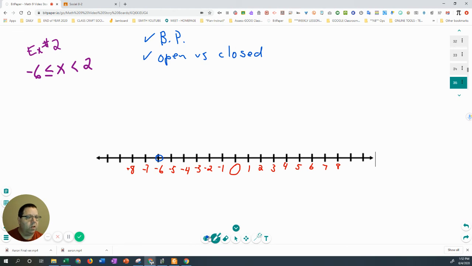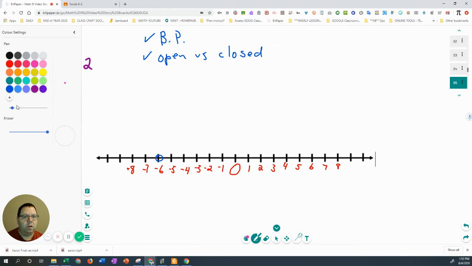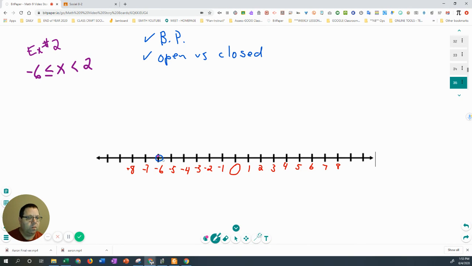Boundary, I'm going to make these pink because they'll stand out a little bit better. And then I'll make this just a little bit thicker. Okay, so -6 and 2, they're your boundary points. All right. Now -6, I'm supposed to shade in. 2, I'm going to leave open